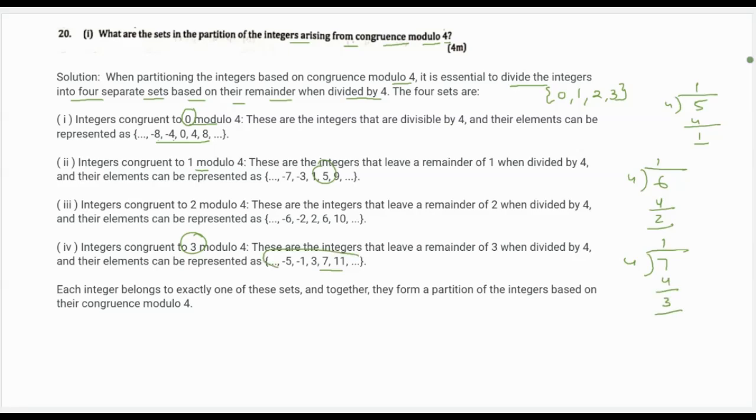So these are the sets of numbers. When we divide by 4, we get remainder 3, remainder 2, remainder 1 and remainder 0. These are the four partitions of the integers arising from congruence modulo 4. So next one,